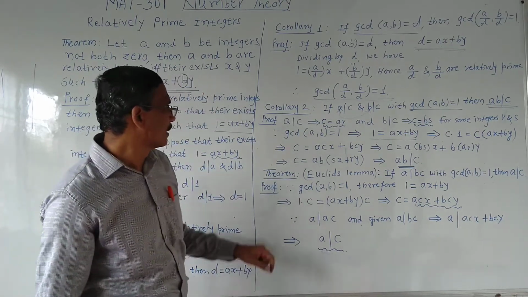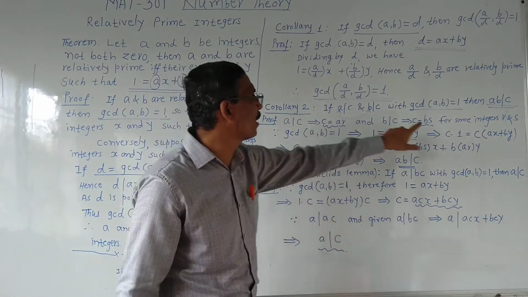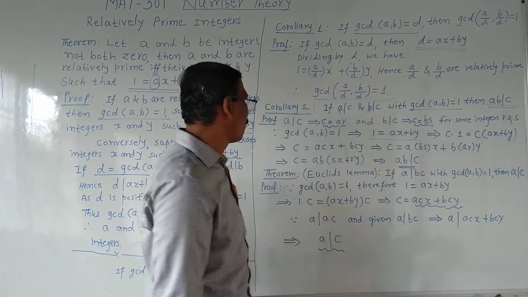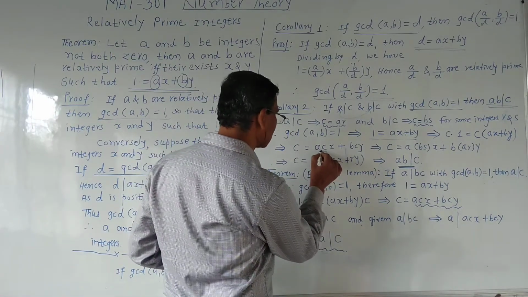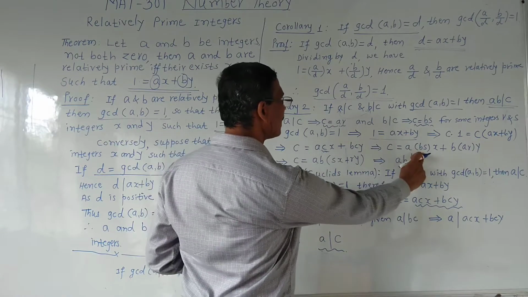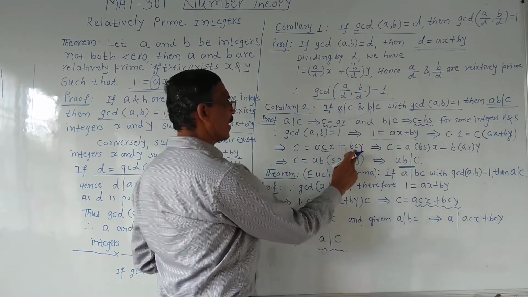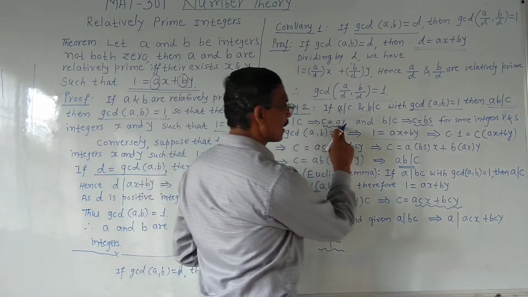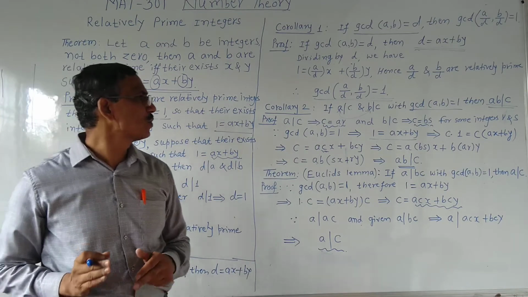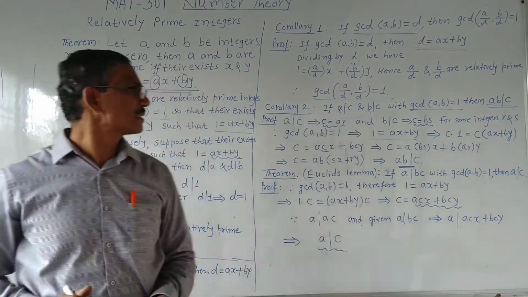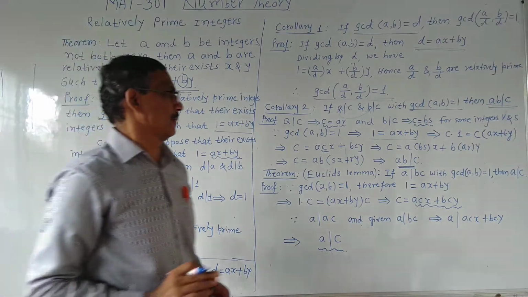But we know that the value of c is a r, and also the value of c is b s. On the right-hand side, we put the value of c as b s, and in b c y, we put the value of c as a r. This means the equation becomes a c equals a b s into x plus b a r into y.